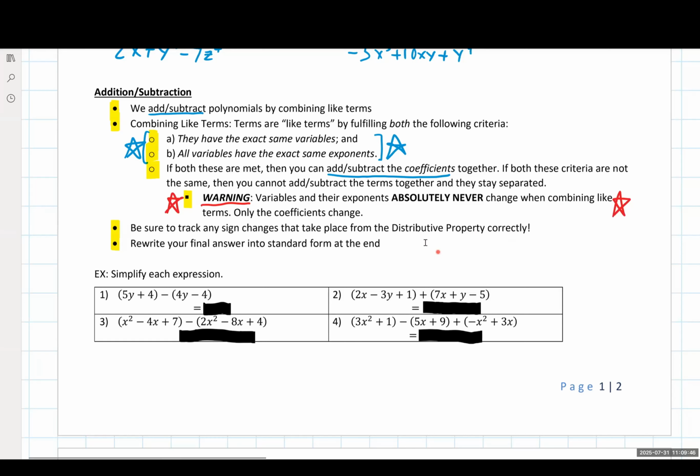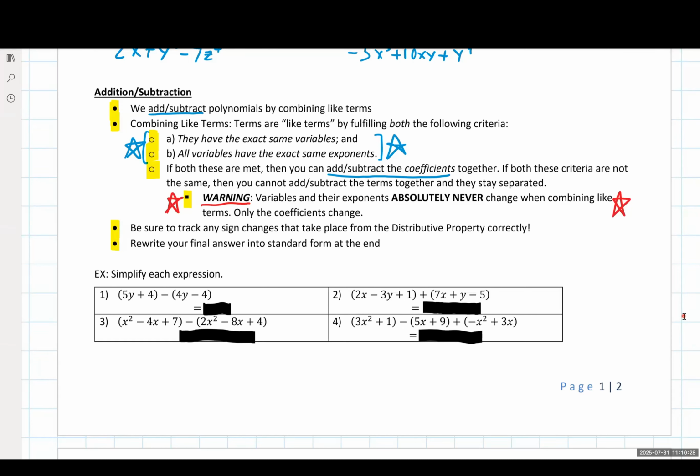So we will have the distributive properties showing up with these, and I do think it is worth taking an extra line or two to very carefully write these things out and show any and all sign changes that take place before you actually combine like terms. So in our first example, I've got a minus sign showing up with the polynomial. This minus sign is going to affect everything inside here. Looking at number 3, this negative is also going to affect everything inside here. We're going to go through these examples and show how we rewrite them and how we set these things up and solve them out and show our work accordingly.